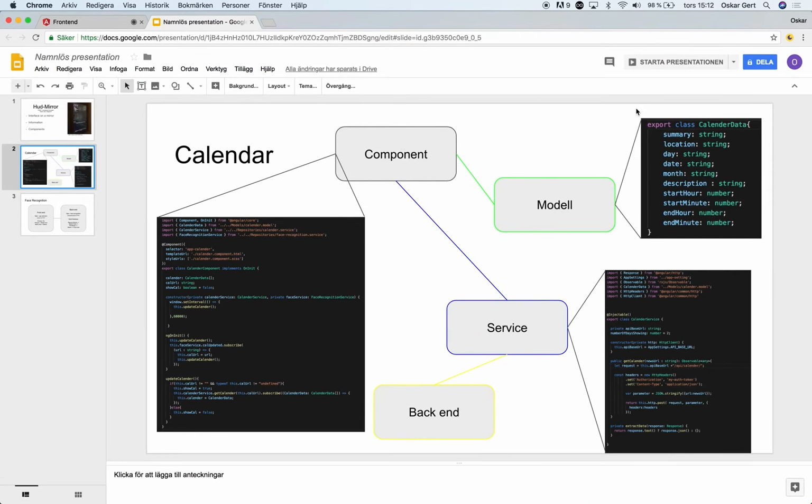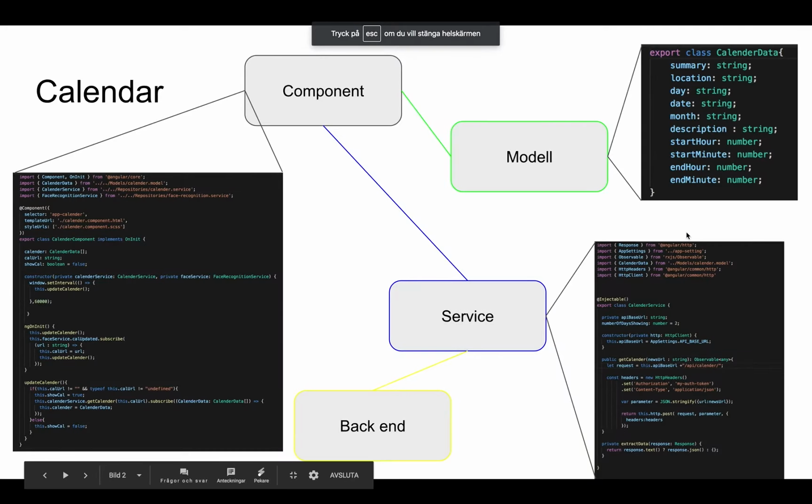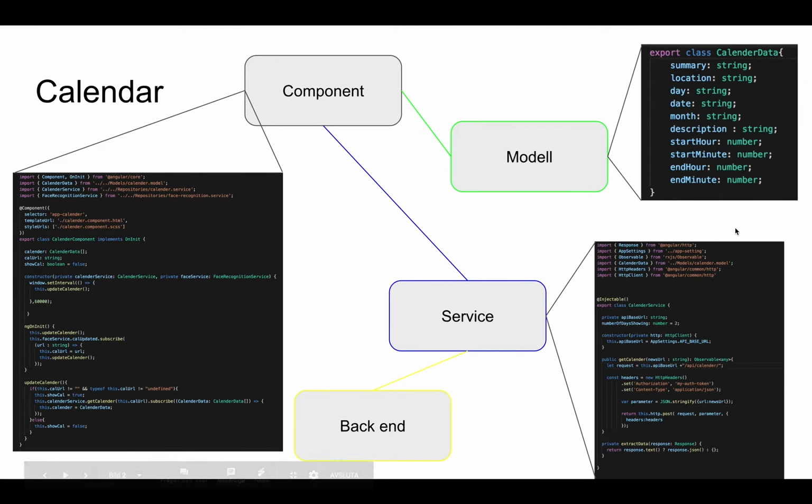So I'm gonna look at the calendar component, just as an example. All of the components are pretty much doing the same thing, which is pretty nice, so you can just follow a pattern on how to implement them, but they just show different data. Okay, so in the base I have a component